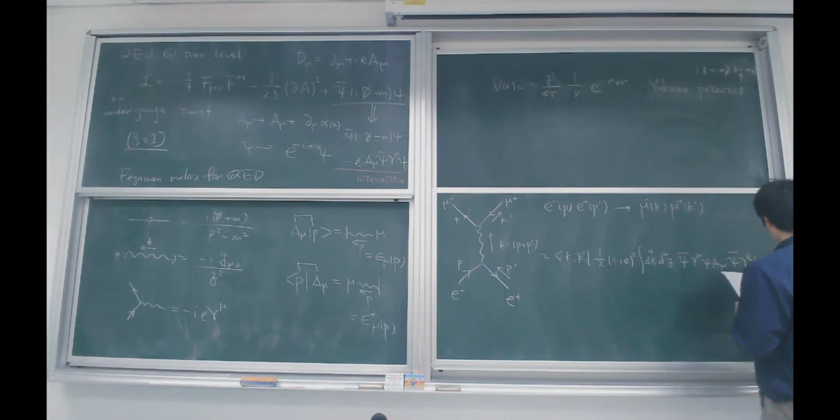So the way you interact is that psi with p, and psi bar with p prime, and then we need k, and then like this. And the propagator will give you this one. This is the propagator, and this will give you the process, which is equal to